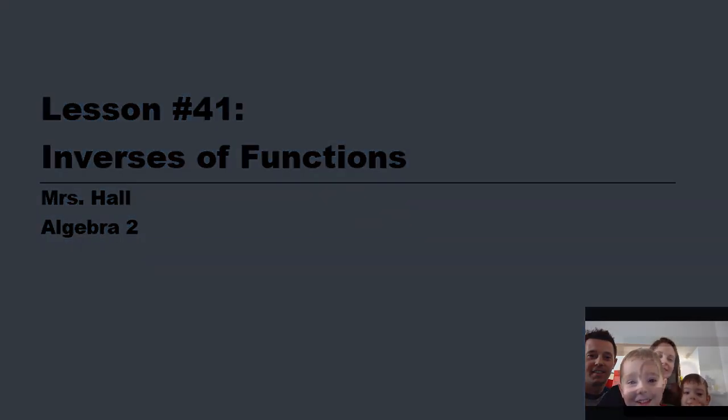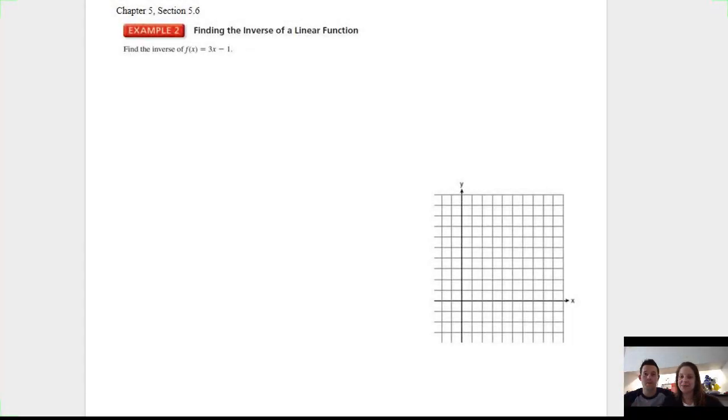All right, so this is example 2 from section 5.6, finding the inverse of a linear function. First we need to show you how to find the inverse. Finding the inverse, I always think of as kind of 3 steps. Number 1, I write the original in terms of y and x. Number 2, I switch y and x. So now this would become x equals 3y minus 1. And the third step,